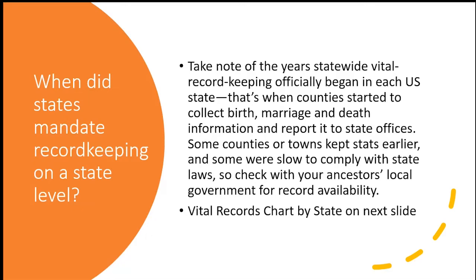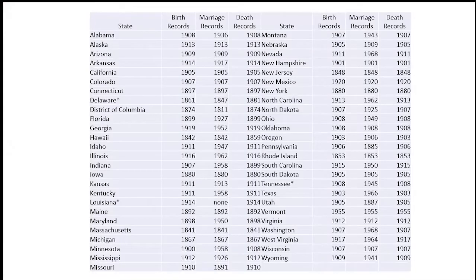In my case in Massachusetts, and for my relatives in Massachusetts, they were town annual reports. And in the town annual report was a listing of marriages, births, and deaths for that preceding year. So again, it helps dramatically as you try to understand when that record keeping began. Hopefully, we've sent you a copy of this.